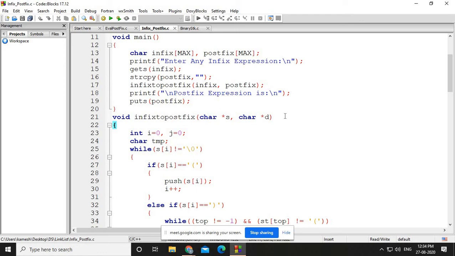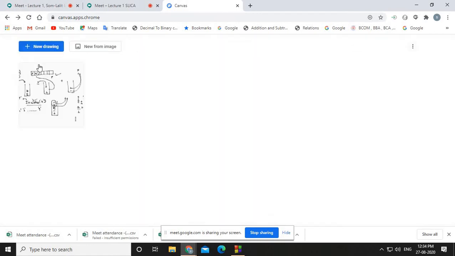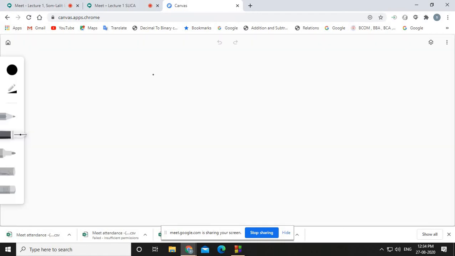Okay, so this is how we write the program so that the infix expression is converted into the postfix. Now another thing, a second program where we need to write a program so that we can evaluate the postfix expression, right?